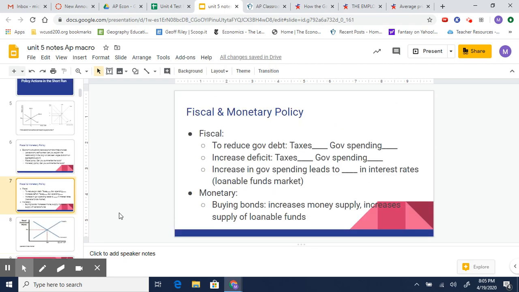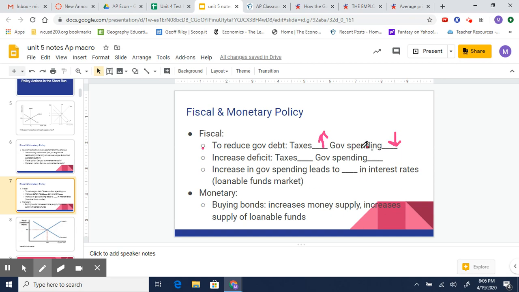All right, next slide. Get my trusty little marker here. So if you look at this first bullet point under fiscal here, Congress is looking through their budgets and they see that the federal government debt is out of control. The government's spending way too much money. They're concerned about the debt. So if you were a politician and you're concerned about the debt, what are you going to do? How would you bring the debt under control? Well, you have to bring more money into your government, right? You have to spend less and take in more. So what does that mean? You're going to increase taxes